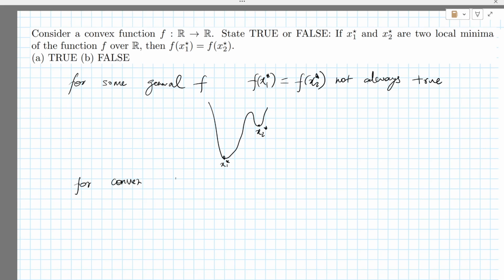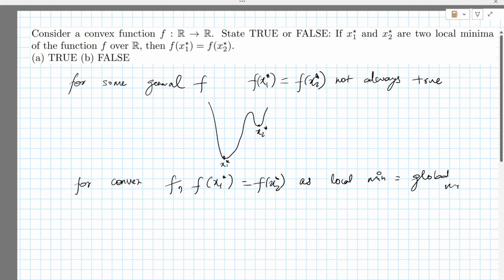So for convex f, this is true. Yes, local min is equal to global min, and it can be easily shown